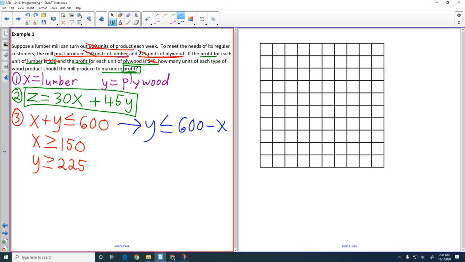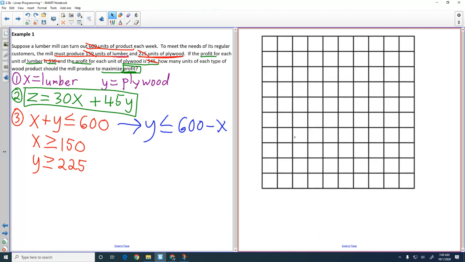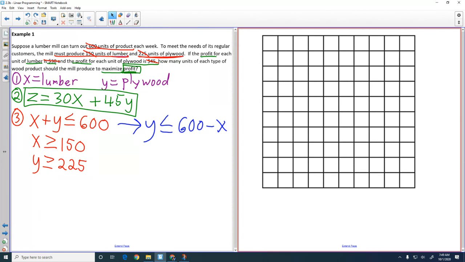So to graph this first inequality, I've got a y-intercept of 600. So should I count up 600 lines on my graph? No, that's not going to work, right? That's way too big. Instead, we need to scale our axes. Maybe we can just go by 100, right? Let each line represent 100 units. That'll be enough to graph all these, wouldn't it? It'd be pretty good. So I'm just going to go ahead and write, all right, this is 100, and then